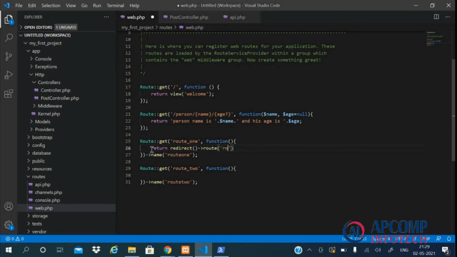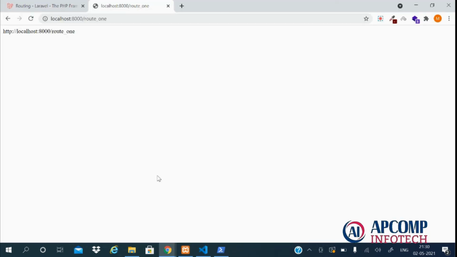Let's redirect it to the route 2. Let's echo route. Okay, refresh. See, we are redirected to the route 2.